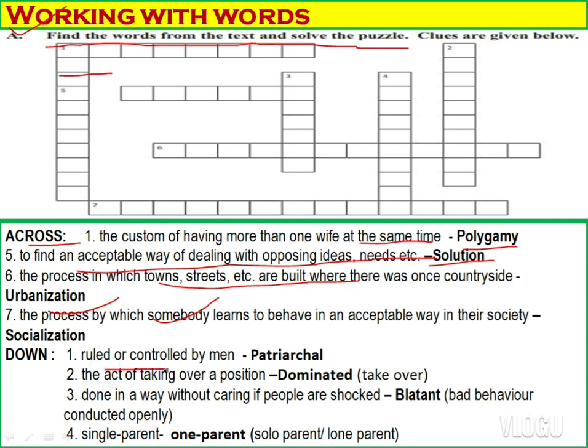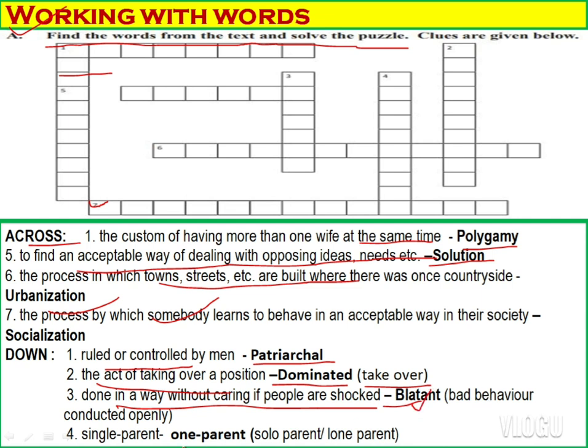The rules are controlled by the man, patriarchal, as 11 letters, and here 11 boxes are given. So the second one, the act of taking over positions. Simply the meaning of this is take over, but as it is not given in the passage, most probably this is dominated. Done in a way without caring if people are shocked. Especially the meaning of this one is surprise, but surprise is not given in our text, so blatant is